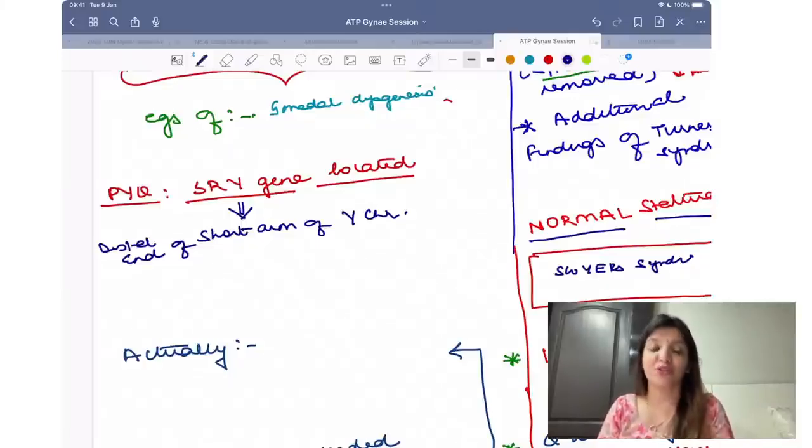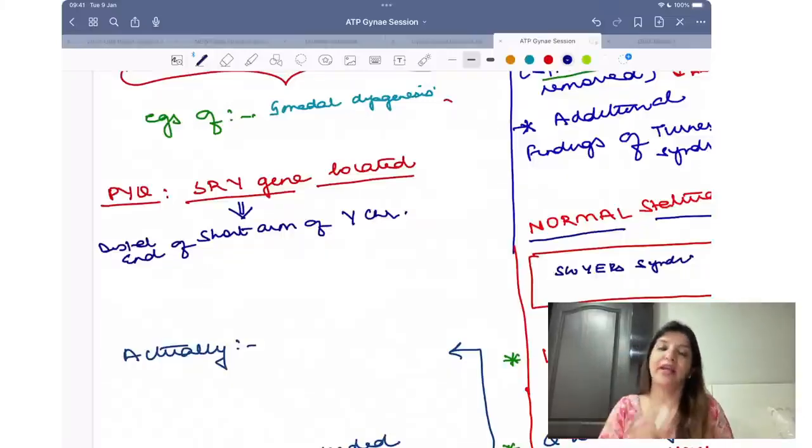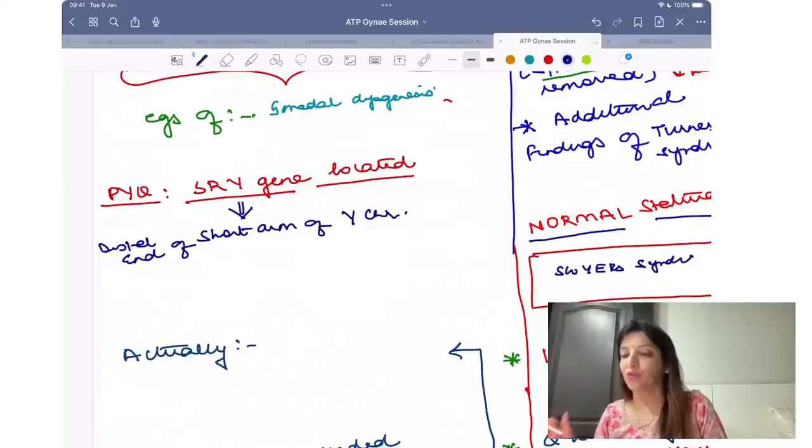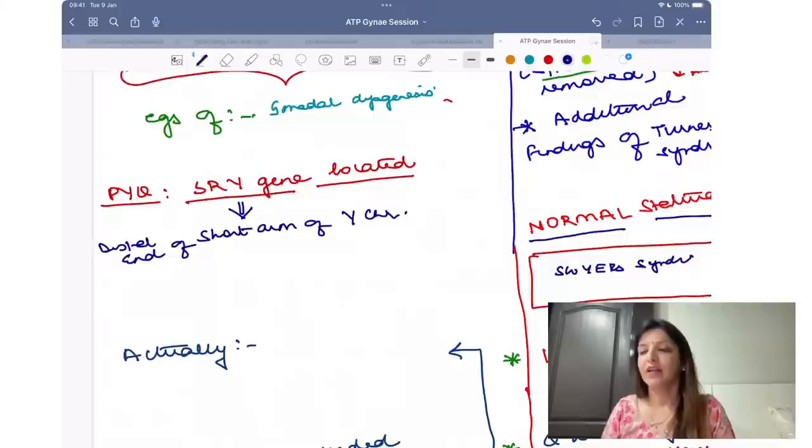Swyer syndrome की patient में they will always say that there is bilateral inguinal hernia, right? So whenever they say bilateral inguinal hernia, then you have to take it as XY karyotype and that is Swyer's. Okay, अब मेडिको क्या बोल रहे हो? मैम Y क्रोमोसोम याद किया था, शॉर्ट आर्म और ऐड कर दिया आपने. हाँ, तो शॉर्ट आर्म ऑफ Y क्रोमोसोम, उसमें क्या ऐड कर दिया ये तो सबको पता है. ठीक है, याद रखना, शॉर्ट आर्म ऑफ Y क्रोमोसोम.